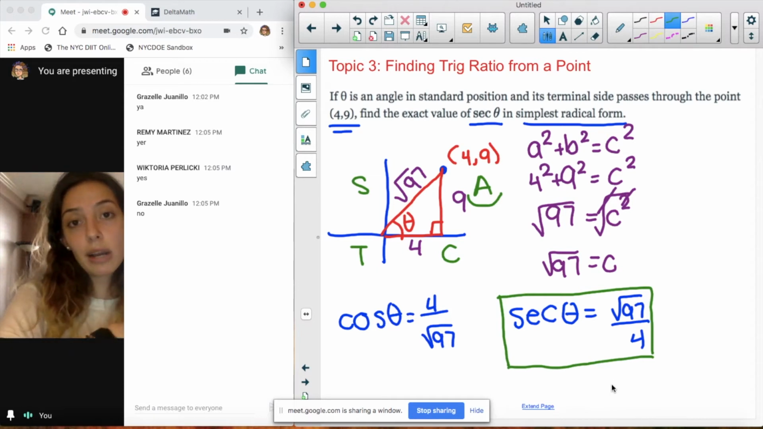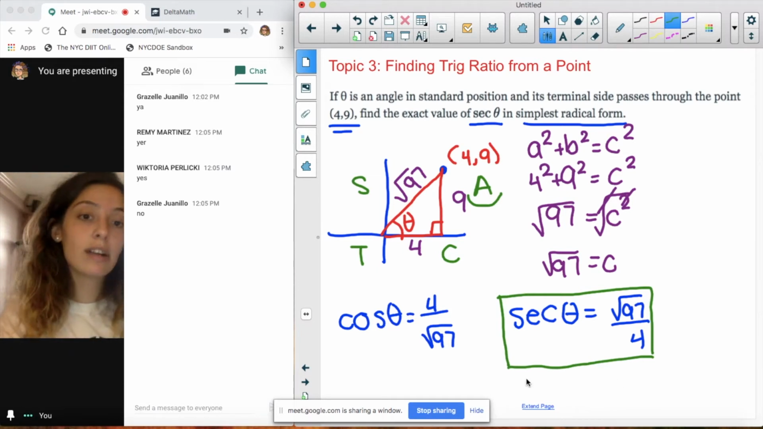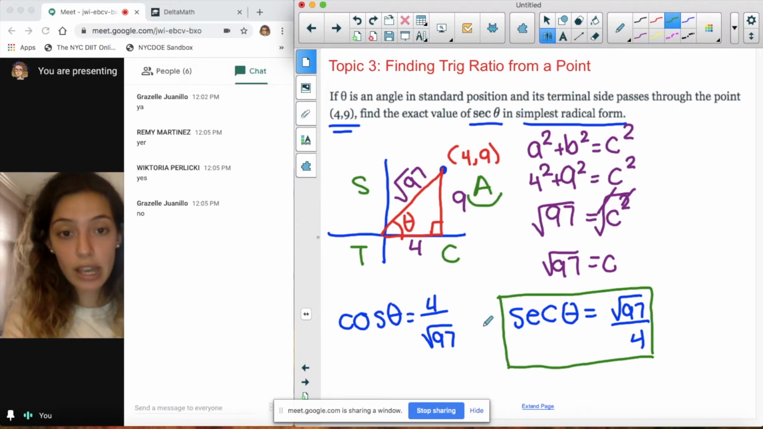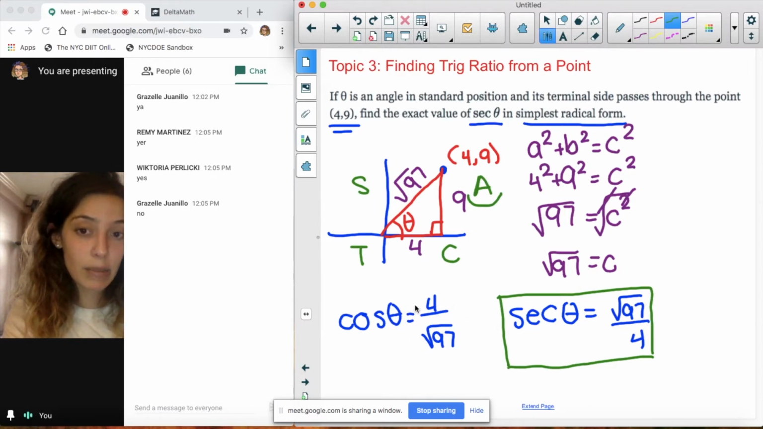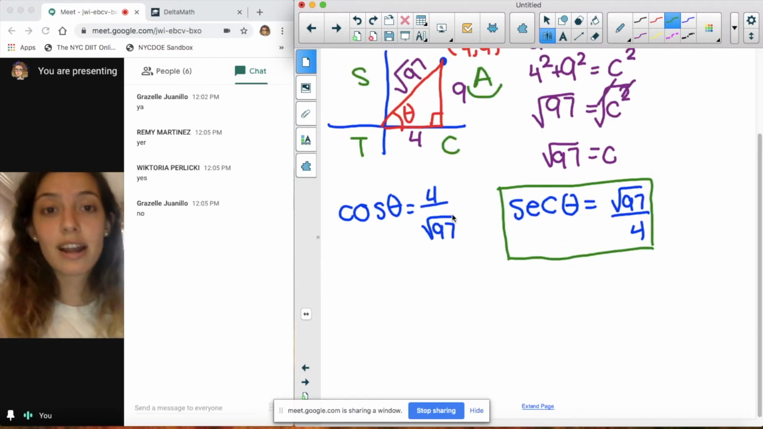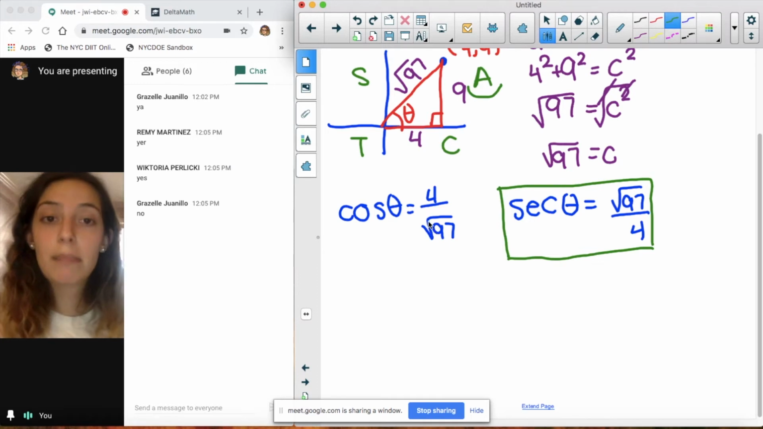I do want to talk about one more thing. Delta Math, let's say you had to find the cosine and you had this answer. If you type this into Delta Math, it will mark you wrong. Reason being is it's not rationalized. That means that there is a radical in the denominator. You can't have that. So to rationalize your answer,